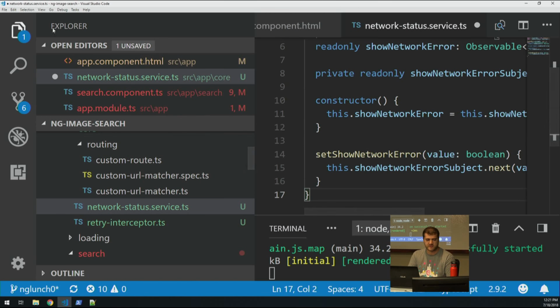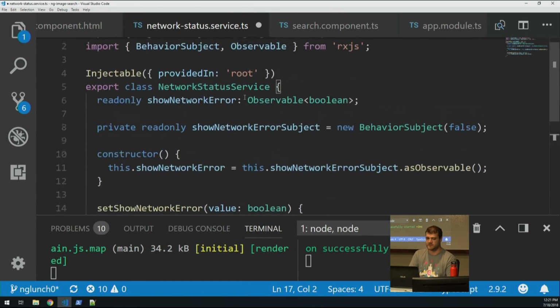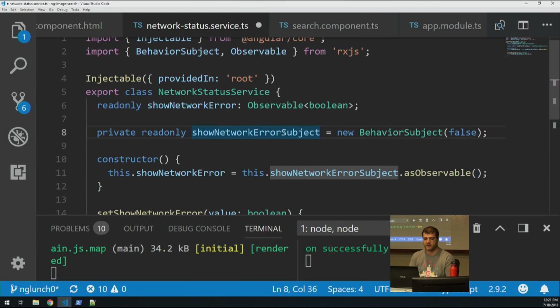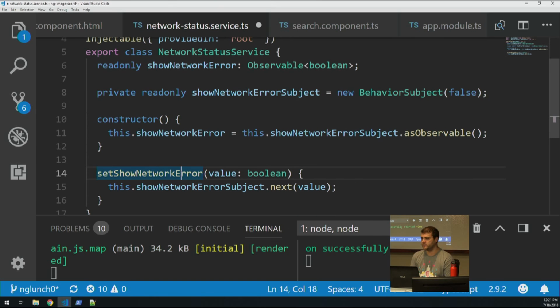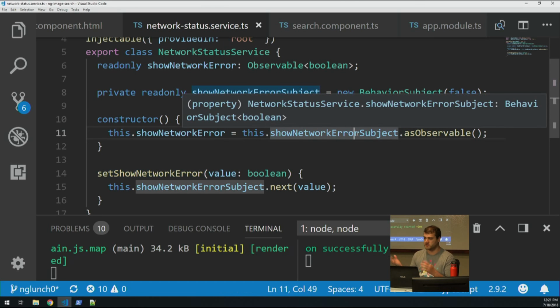What this is, it's basically just a behavior subject. So we have a show network error behavior subject, and then a method that says show it or not show it. This is just here so we can communicate between two different parts of our site if an error has happened or not. You could use your NgRx store or whatever state management solution you use for this. I'm just using behavior subject because that's really easy to put in here. So this could be dispatch action on your store, and this could be select a certain property out of your store